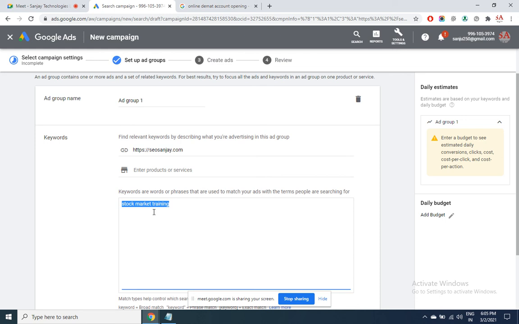Someone is searching for share market trading, also the ad will get displayed. Sir, I never use share market at all. The word market is there. Even if the word market is not there, share and stock both mean the same. But the problem is, someone is searching for pilot training, even then my ad will get displayed, because the word training is matching.